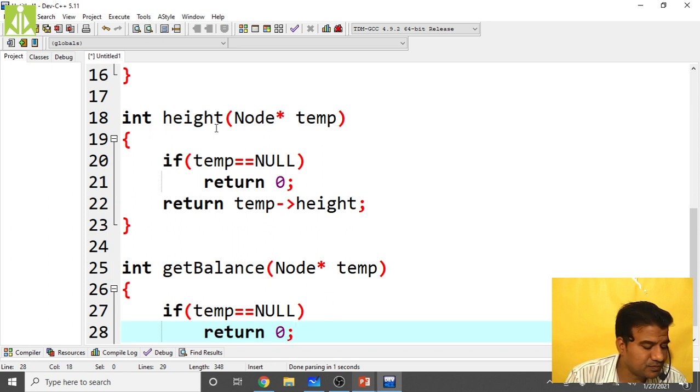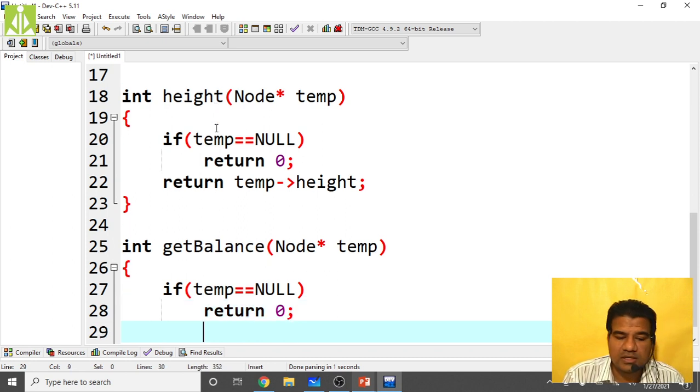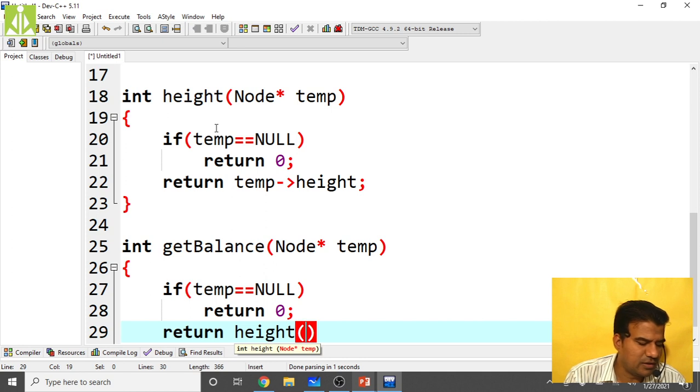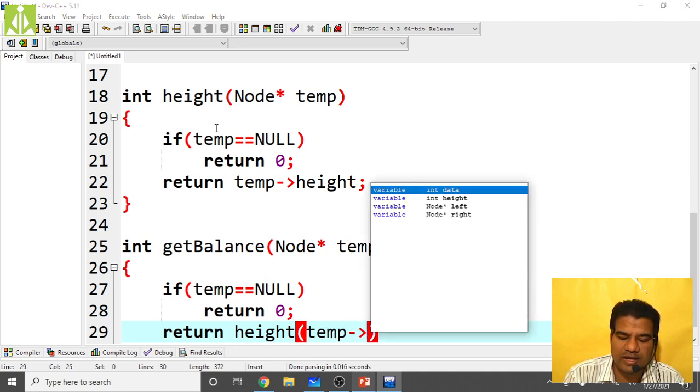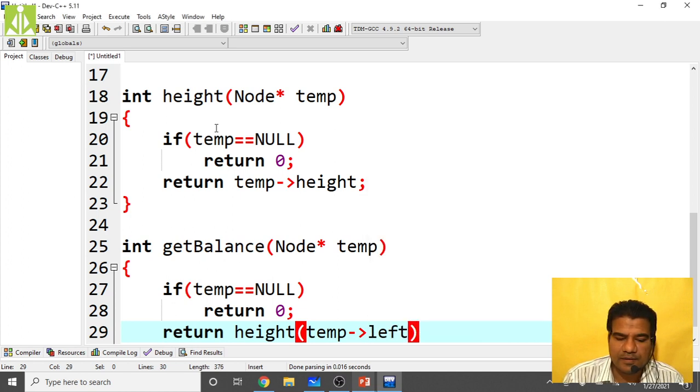Otherwise, return the height of left and height of right. Recursively we call and calculate the height. So otherwise, return height of temp of left, if it is not null, simply we go in the left direction, and minus height of temp of right.